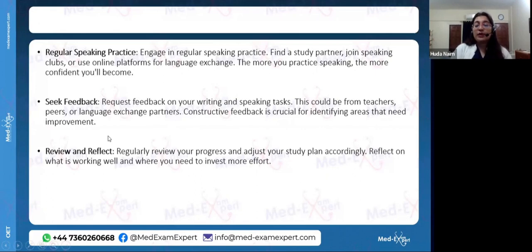Then the next step would be, while you're preparing for your exam, reflect and review your progress regularly. At the end of the day, at the end of the week, sit down and make an assessment while you're writing the letters every day. Are you actually improving, or are you just writing by virtue of habit? Or while you're speaking, is your speaking actually improving, or are you just speaking by reason of just doing it? So the way to do it is sit down, see your mistakes. Where are you making mistakes? Record your audio, sit down, review and reflect about where you're making mistakes.